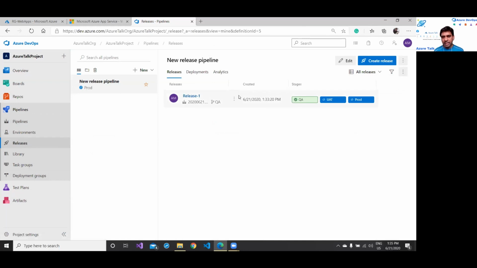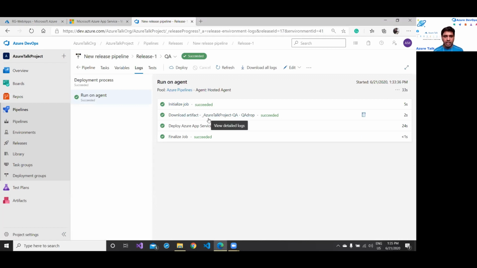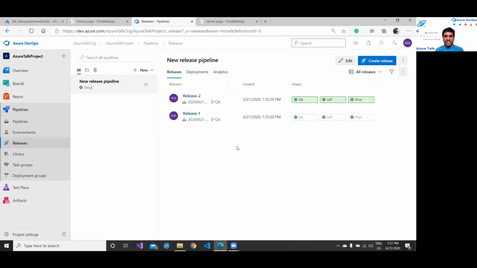So in the release pipeline, once it is built successfully, you see the release is also successfully deployed. You can check it here. Go to the QA, and you see I have received the email also, about my successful build and deployment. So you see it is now successfully built and released to the appropriate slot. Now we can see all the releases for QA, UAT, and prod seem to be successfully done, and it is time to check in the Azure portal whether they are successfully deployed or not.